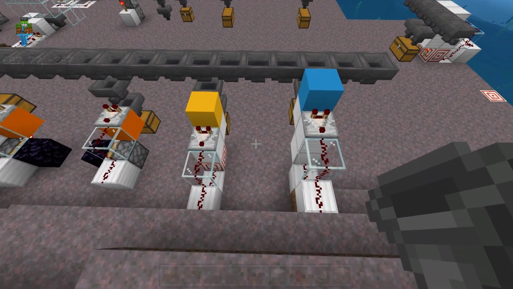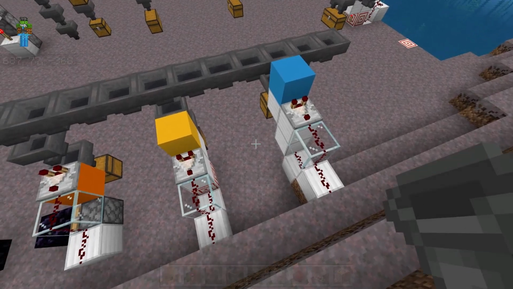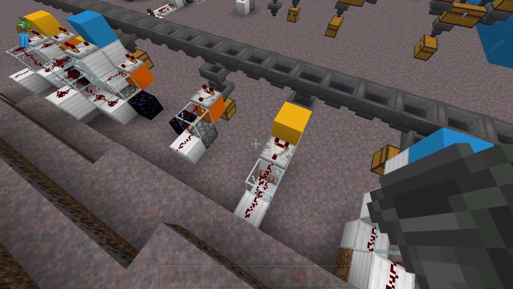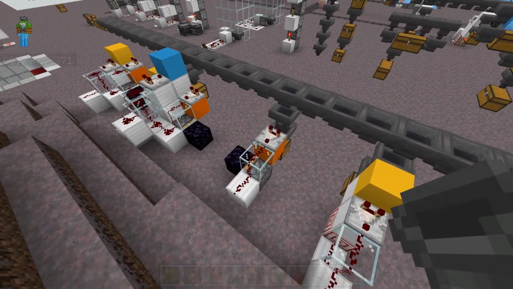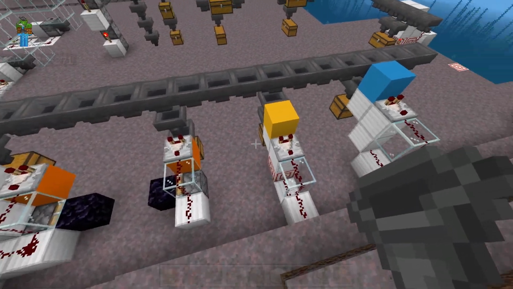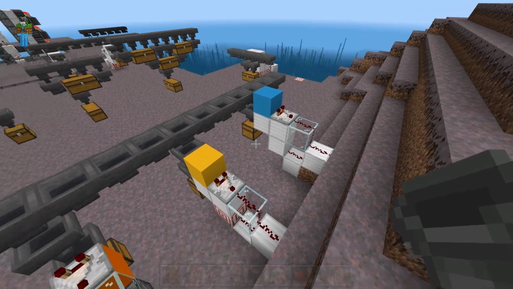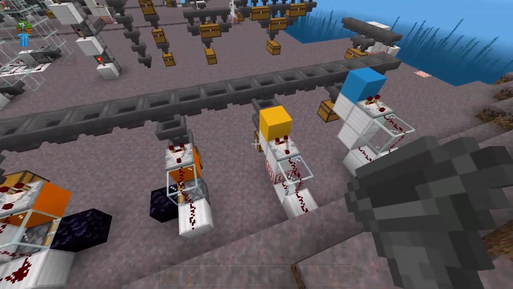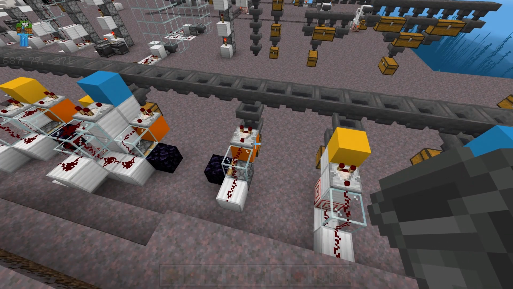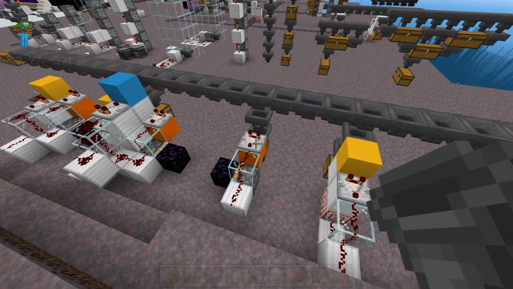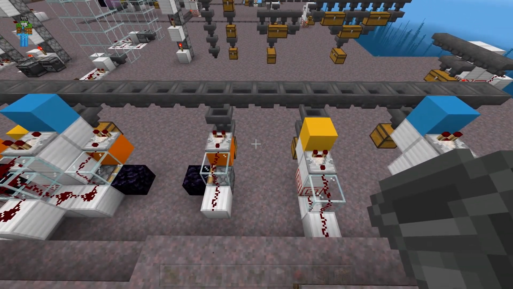Now when it comes to tiling different types of item sorters next to each other, some of them will work and some of them will not. So here we have the yellow one is an overflow protected, the orange one is a non-overflow protected, and the blue one is a non-stackable item filter. A good rule of thumb is just to avoid tiling different types next to each other. Leave some space in between the different types of sorter cells. Especially the overflow protected design can't be built next to the other ones.